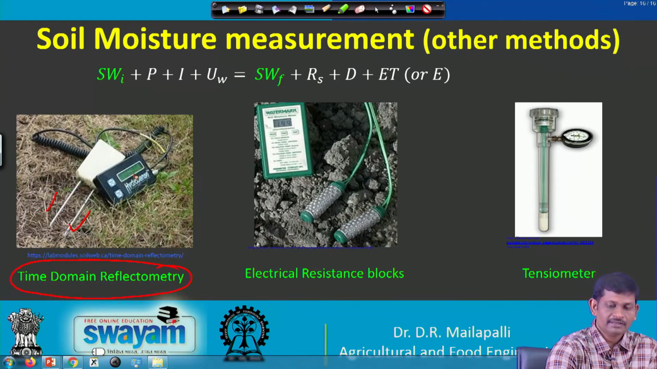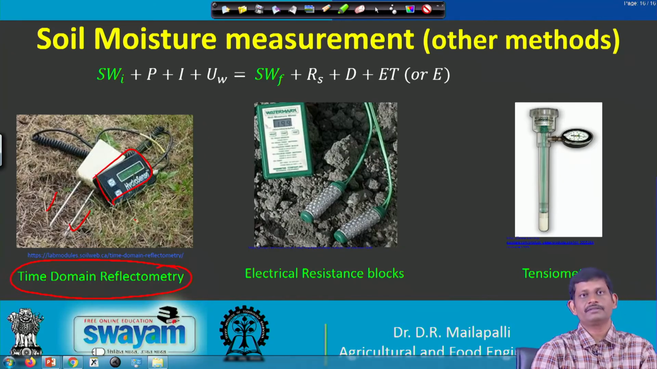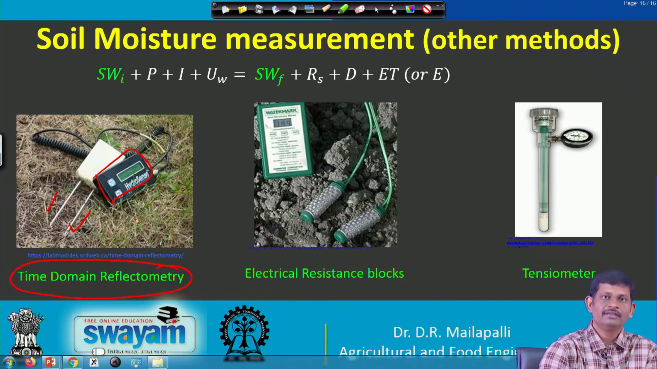to the reader. Then the reader finds out the distance traveled, and we know the time traveled by the signal. So knowing these two things, we will find the dielectric constant. The dielectric constant is directly related to the soil moisture. That's why time domain reflectometry will tell you the amount of water or soil moisture present in the soil